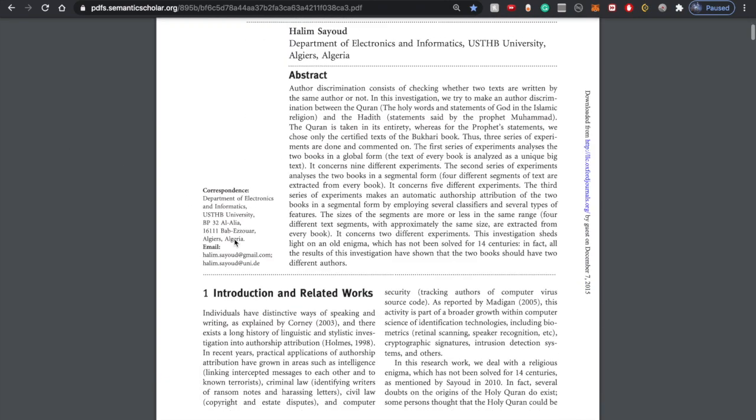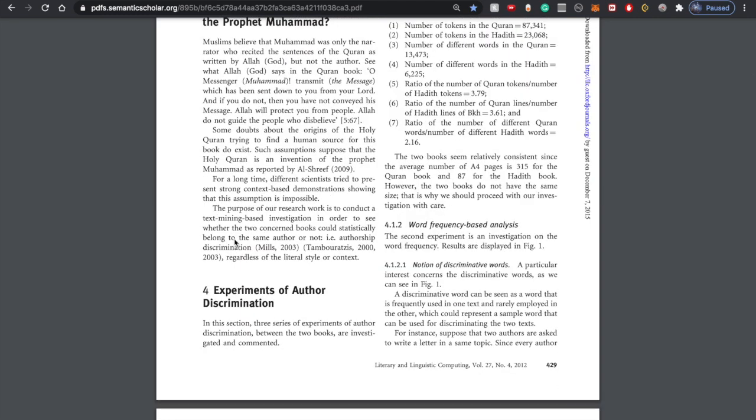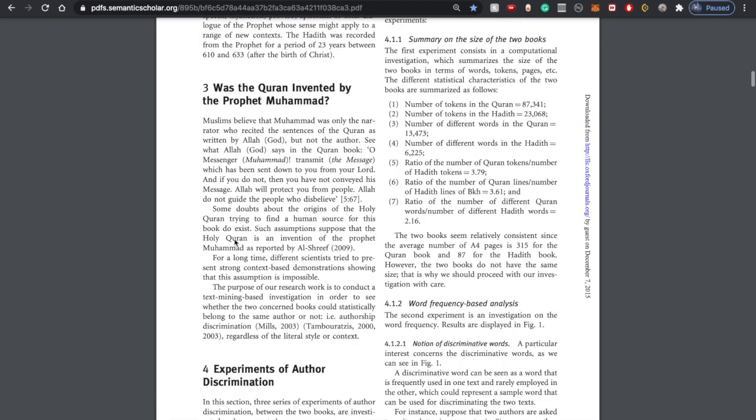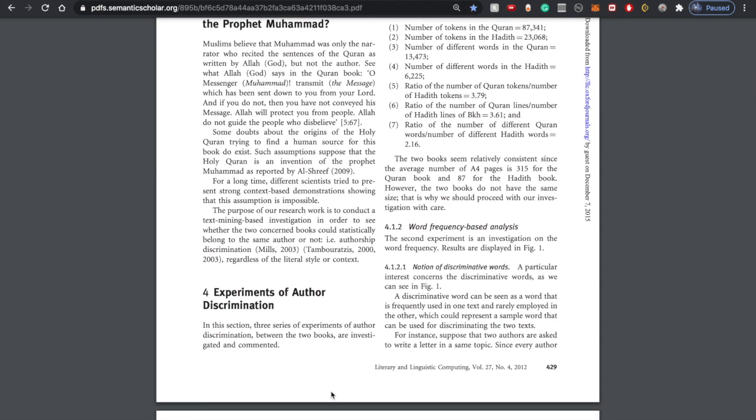So let's begin. Let's just dive into it. So for this, the Quran was looked at, and also the Hadith are from the most reliable collection of Hadith, called Sahih Bukhari, and many of the Hadith were taken from it. These are the authentic statements of the Prophet, peace be upon him. Of course, there are other authentic statements as well, but Bukhari is the most reliable one that is considered.